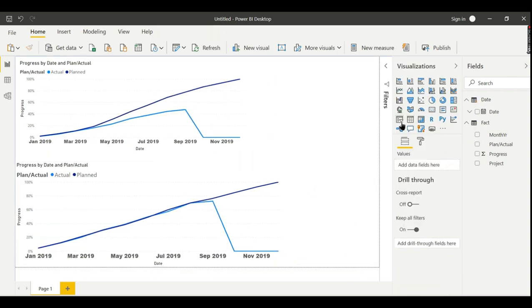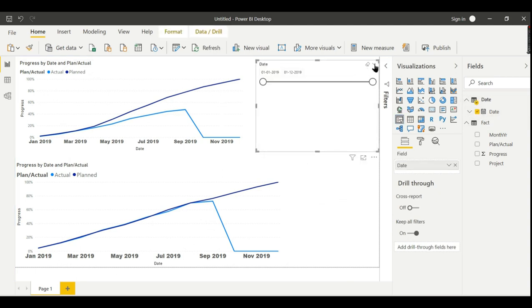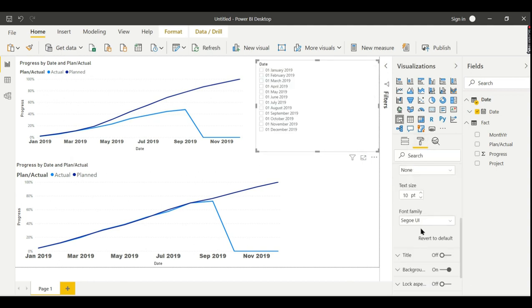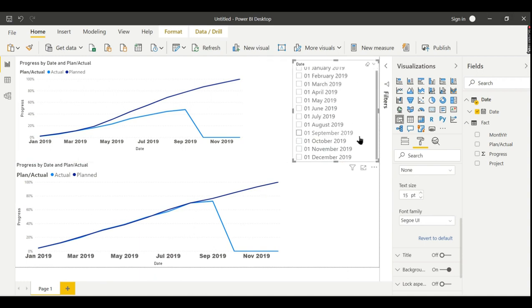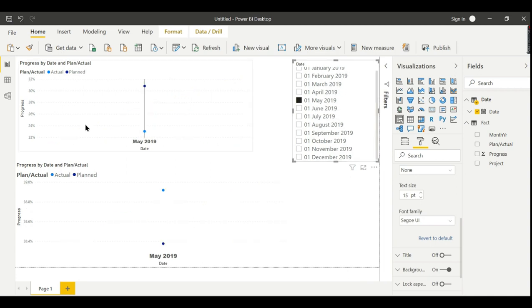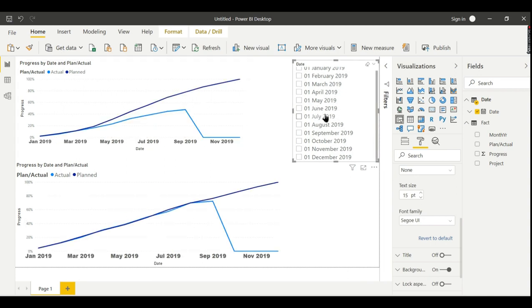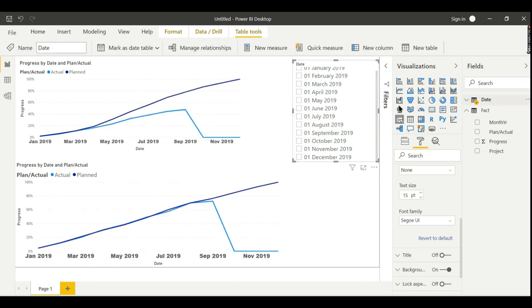We will try to filter the date table here. Okay, let me put a list and increase the size so that it will be visible to you guys. Now, the thing is, as I said, if I press May, the problem is occurring. How to fix it? So basically the idea is like this: the filter should be passed to this date dimension, and